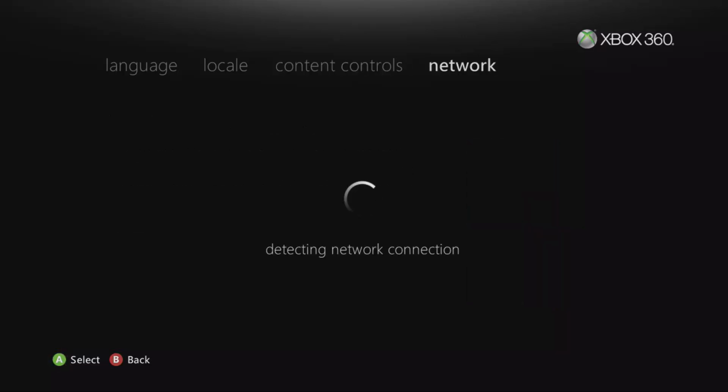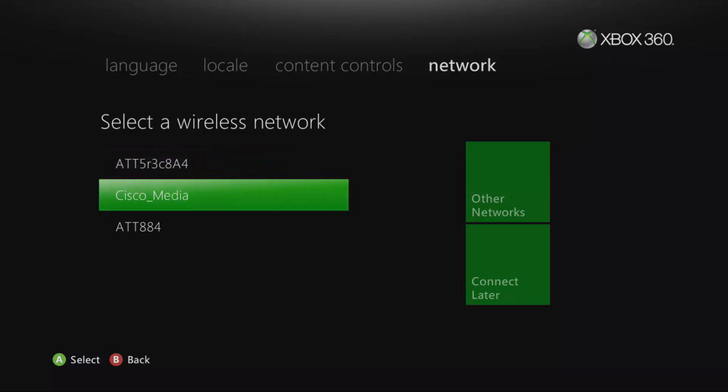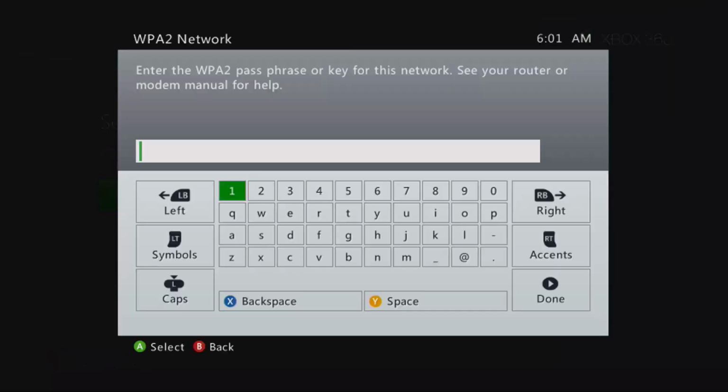I choose no on that. If this is going to be used as a child's console, something similar to that, then I would press yes, or it's a family console, go ahead and press that. It's up to you. Wireless networks, I'm going to go ahead and choose my wireless network here. I'll be back when